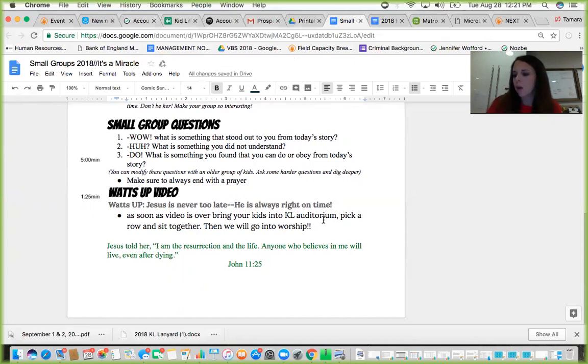Okay, so just to wrap it up, we're going to be in small groups starting this weekend. We're going to make sure that the kids know your name. We're going to make sure that you know their name. So making sure that those name tags are on the front of the shirt makes it really easy. I want you calling them by name, not you in the blue shirt, okay? Making sure you're studying ahead. How can I study ahead? Check your email. All you guys that don't like to check your email, you're going to have to check your email to be able to